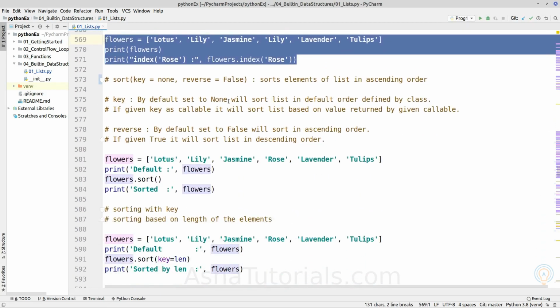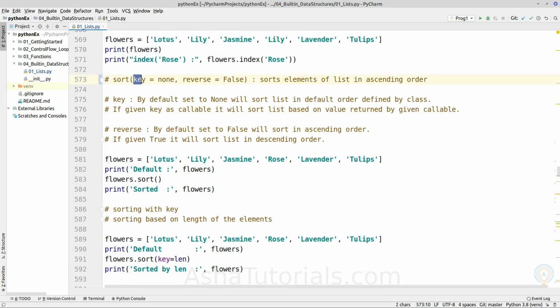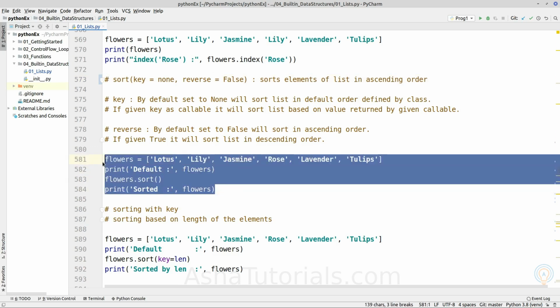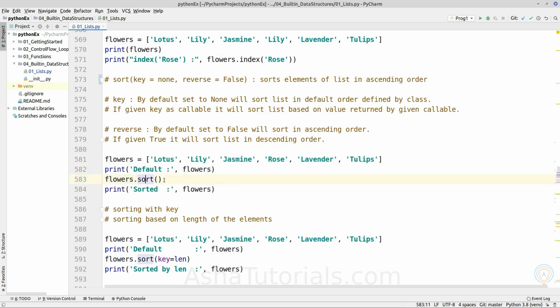Next method is sort. It takes 2 arguments which are optional, key and reverse. So sort method will sort the elements of a given list in ascending order by default. Okay, so we will sort the list of flowers by writing flowers.sort.